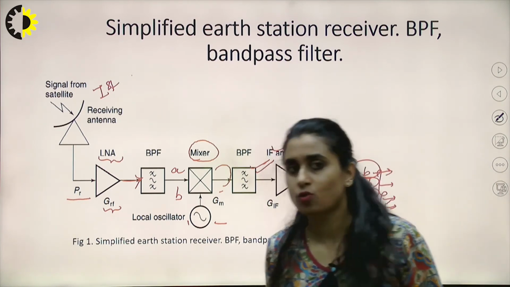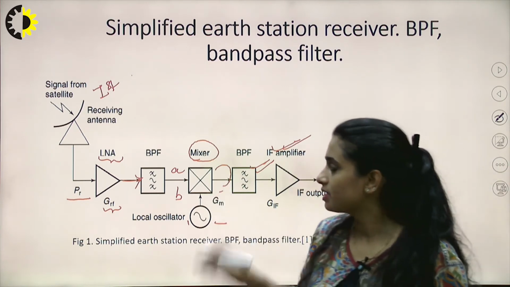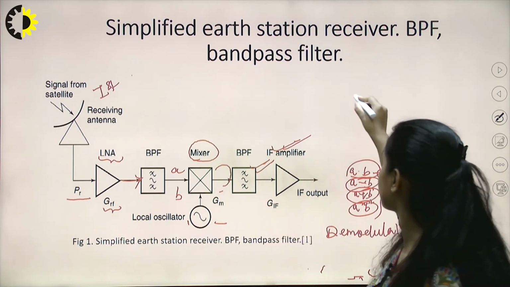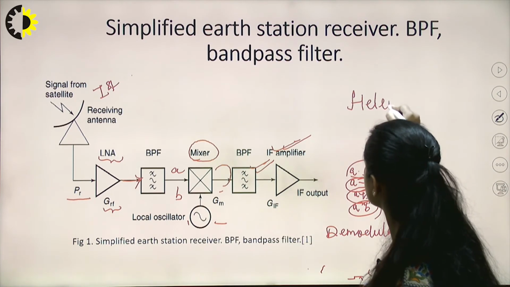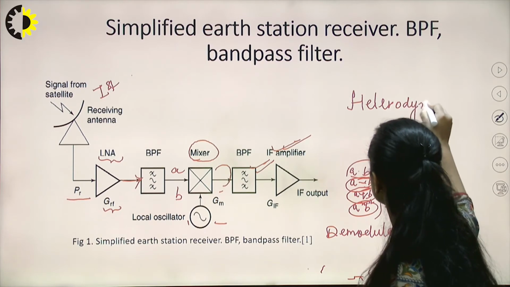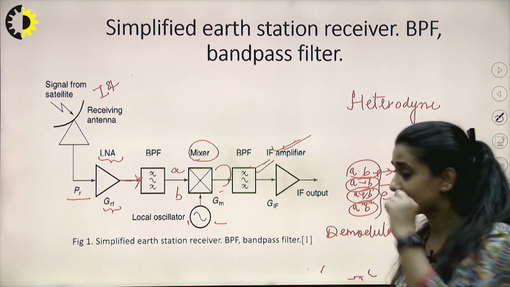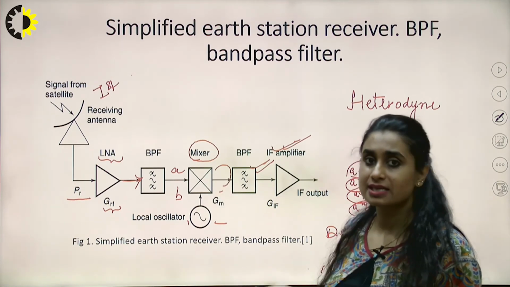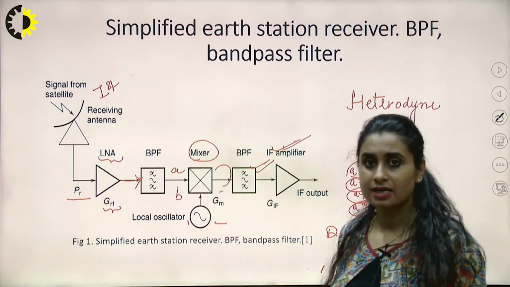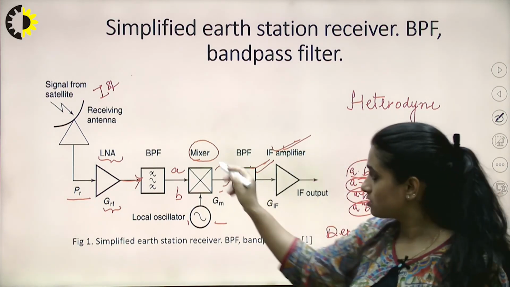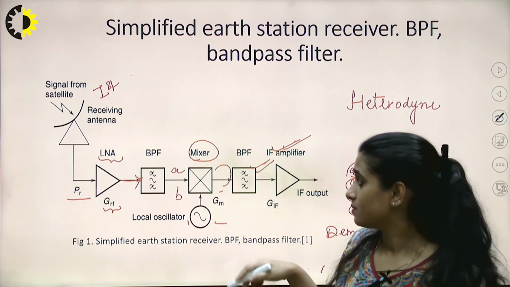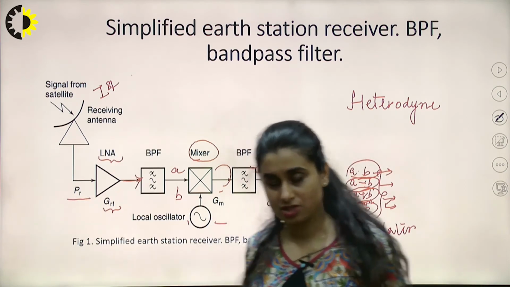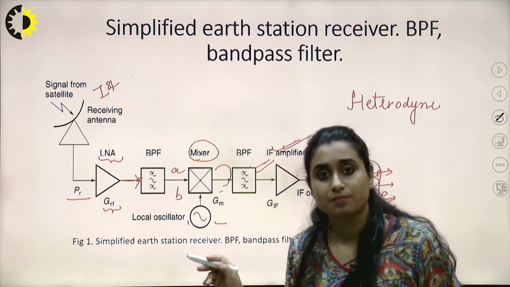And why do we call a receiver a super heterodyne receiver? This is the portion where heterodyning takes place. What does the word heterodyne mean? Heterodyne means to mix, right? So this is the block where mixing takes place, as two signals are entering and mixing takes place here. So this is the important part. We can say at the receiver down conversion takes place, at the transmitter up conversion takes place. Both occur with the help of a mixer, right?